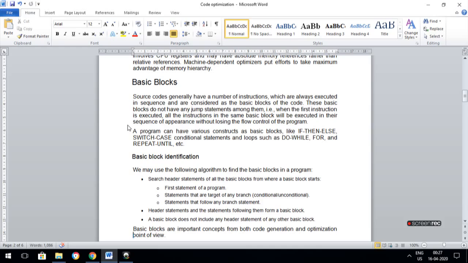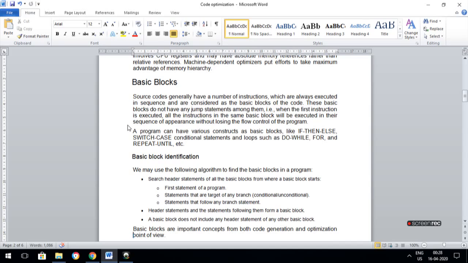In a program, you have branching control structures and unbranching control structures. These are all considered as blocks of statements. First you have to identify how many conditional branchings and unconditional branchings there are, where the sequence of the program starts and where it ends. That is the identification of the block.